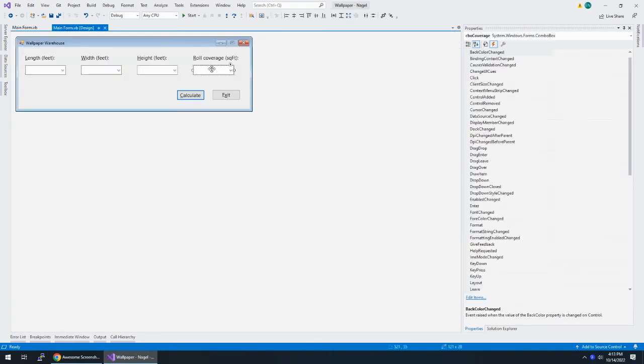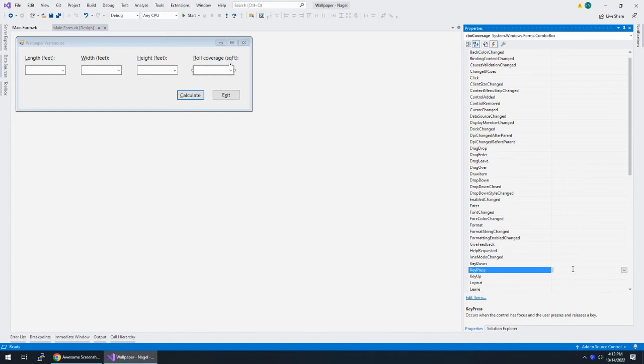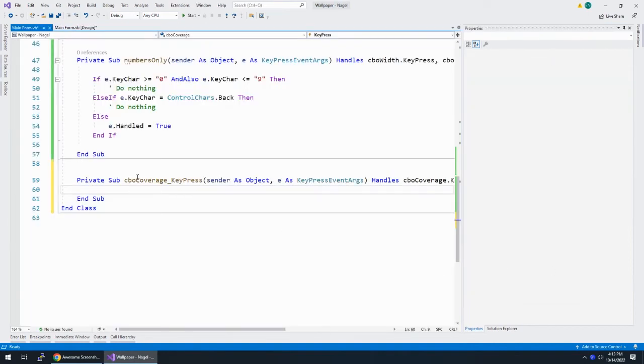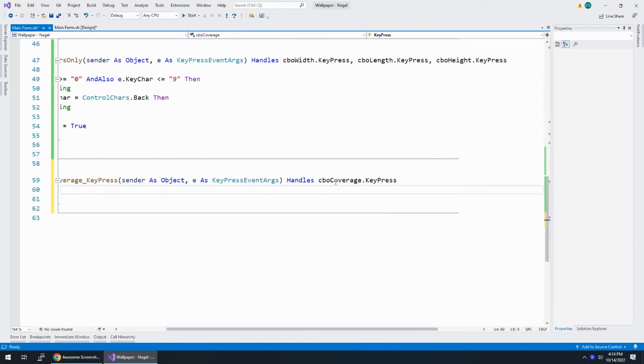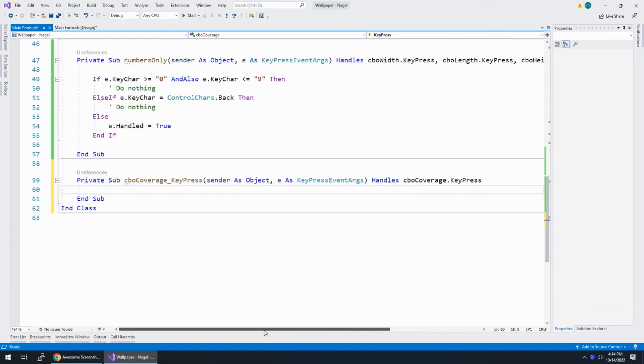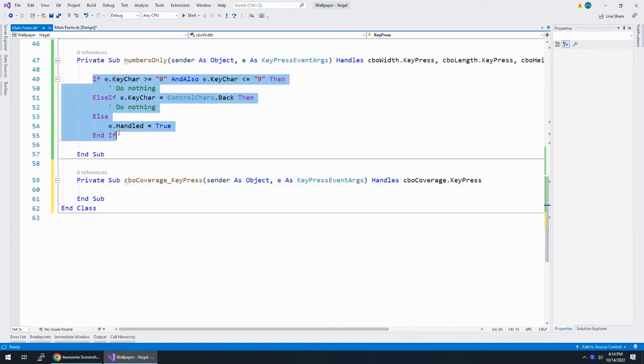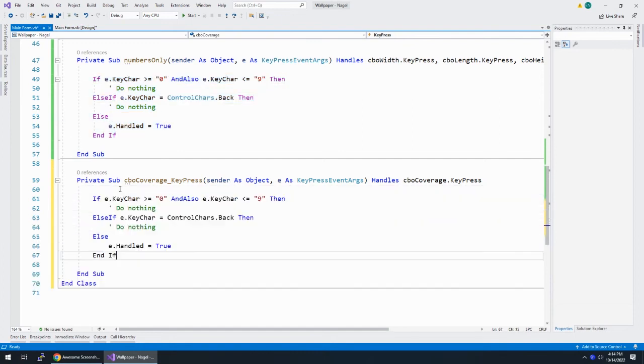So let's do the same thing for room coverage on KeyPress. There's KeyPress. I'm just going to double click here. I didn't need to name this anything special because this is only handling the one object, the cboCoverage, whereas this one handled 3 of them. So I wanted to give it a more generic name. And it's pretty much the same code, right? Except that